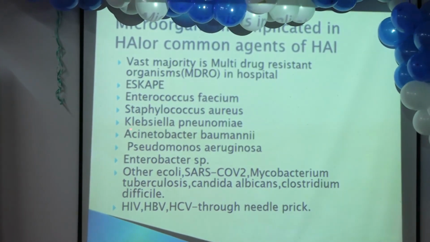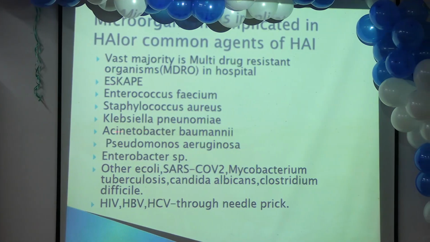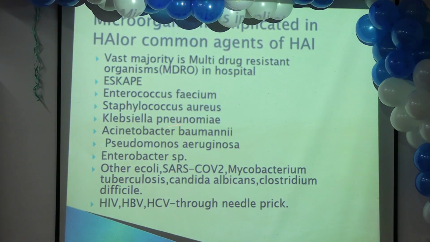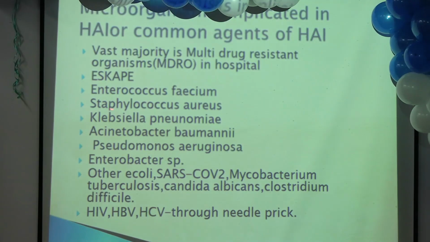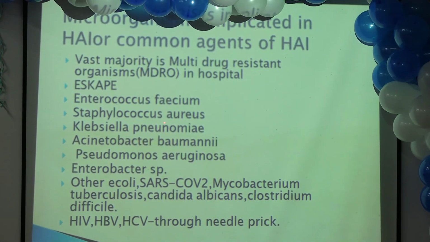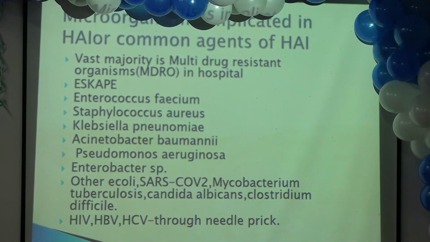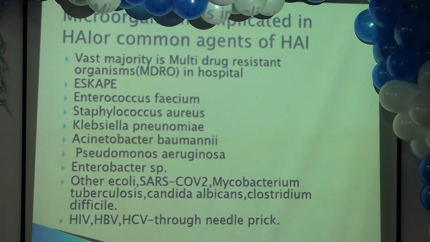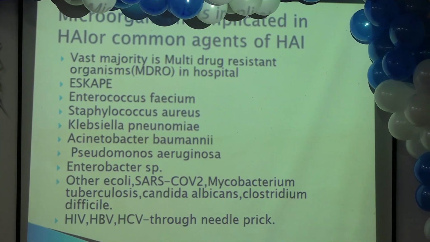Then is Staphylococcus aureus, Klebsiella pneumoniae, Acinetobacter baumannii. Klebsiella pneumoniae is gram negative, Acinetobacter is gram negative, Staphylococcus aureus is gram positive. You have seen this Staphylococcus, right? Have you seen it in practical class? Bunches, clusters, you have seen, right? Enterococcus faecium is also gram positive. And here we have Pseudomonas aeruginosa. And E is Enterobacter species. So from this you can easily write. You have to know these bacteria. They will ask you in the exam.